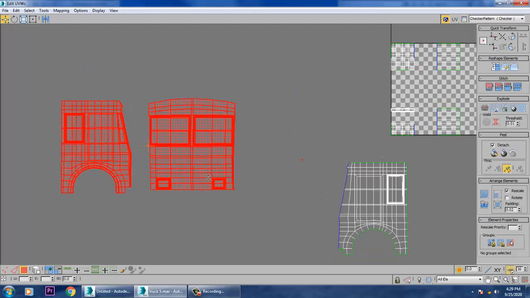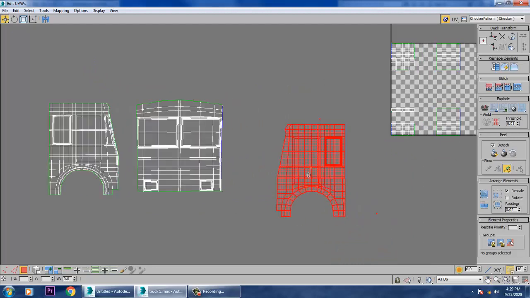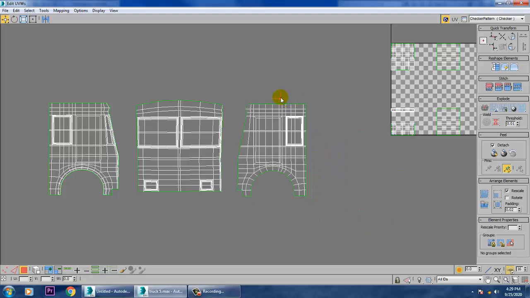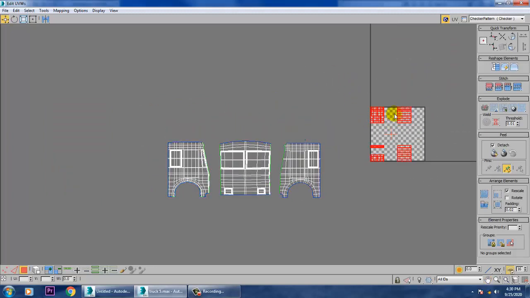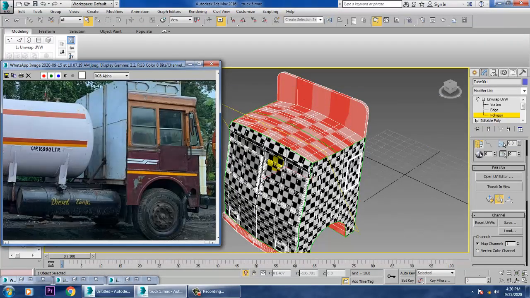You can push this over here and push this over here in this way. Much better. The rest of the part which is at the top, we'll be assigning some material over here. If you want, we can go with the top part also. Let's assign it. Much better.